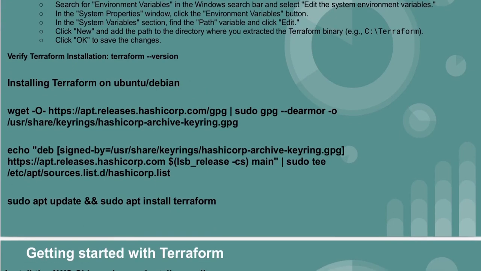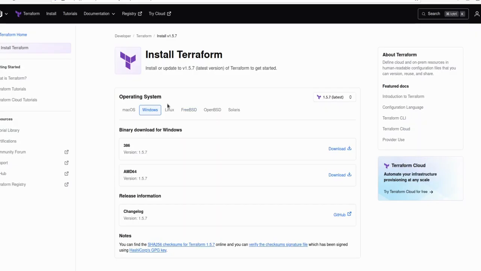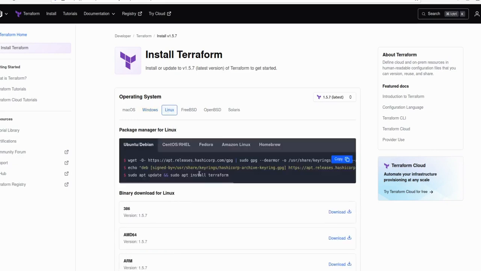As I have shown you in the document here, we have to run these few commands, on Ubuntu, CentOS, Fedora, Amazon Linux and Homebrew. Then Terraform will get installed on our system.